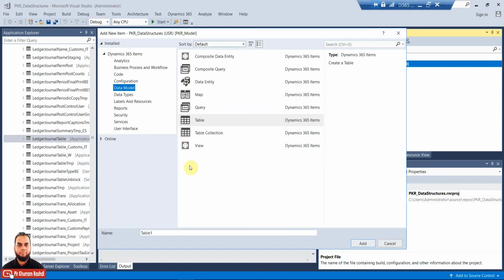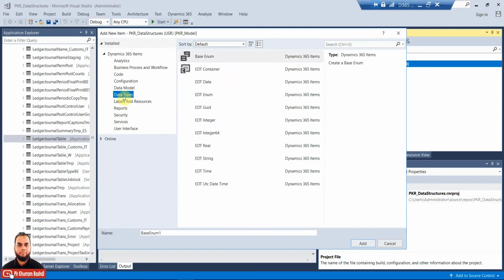If I go to the data types, I can see certain data types available here. Normally these are EDT, extended data type, as I told you, a user defined data type extending a primitive data type. Then there is a base enum type, so I will explain it to you.